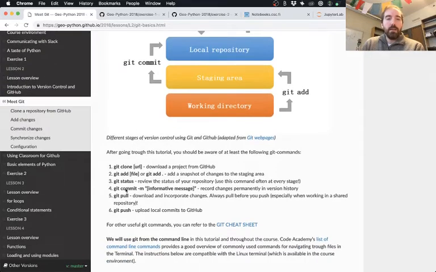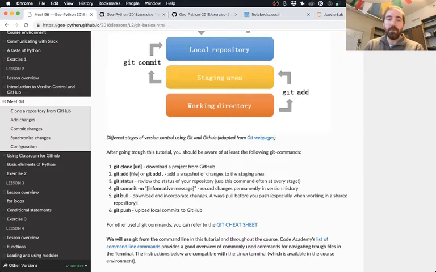I think the description beneath the figure here covers most of the basic operations. Git can do a whole lot more than what we're going to do, but the main essence of Git is this set of commands described here: cloning, adding files, checking the status, commit, pull, and push.